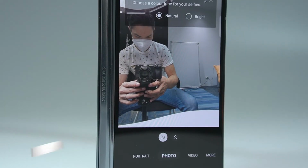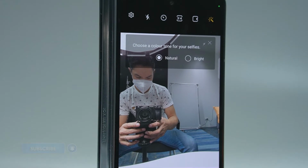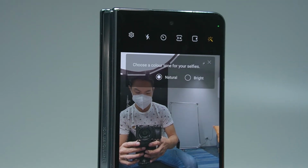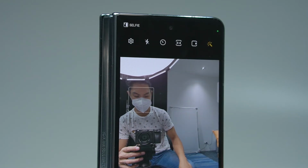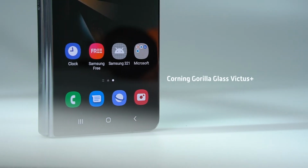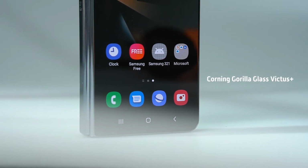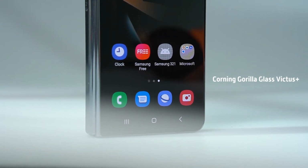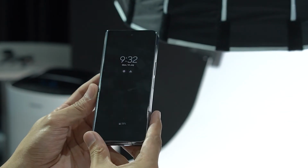And since we're still on design, Samsung says the outer cover display now has slimmer bezels, so you see a lot more when you use it as a preview for your camera, for example. It did feel maximized though and didn't feel limiting. Reinforcing the device is now a tougher Gorilla Glass Victus Plus compared to last year's Gorilla Glass Victus on the Fold 3. The outer display does get smudgy, so a little wipe would be needed, but the rest of its